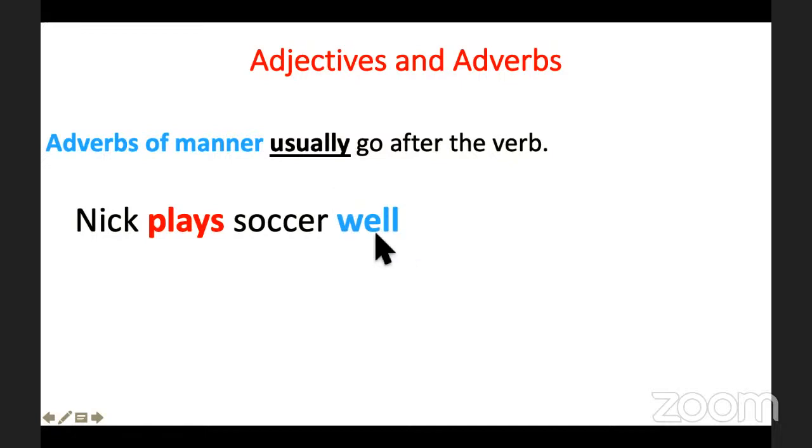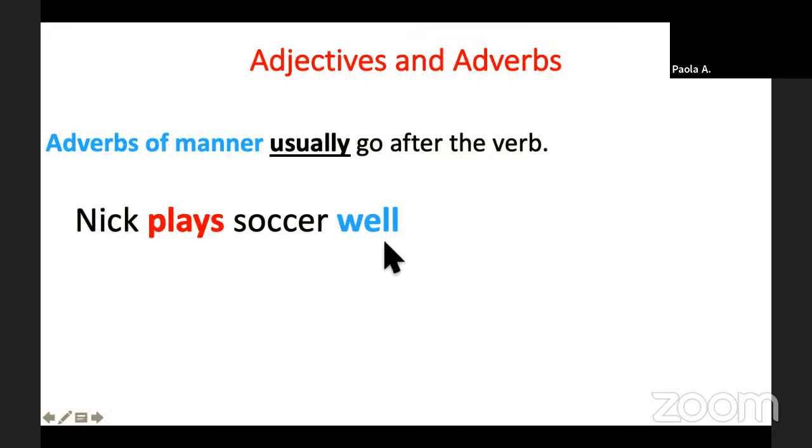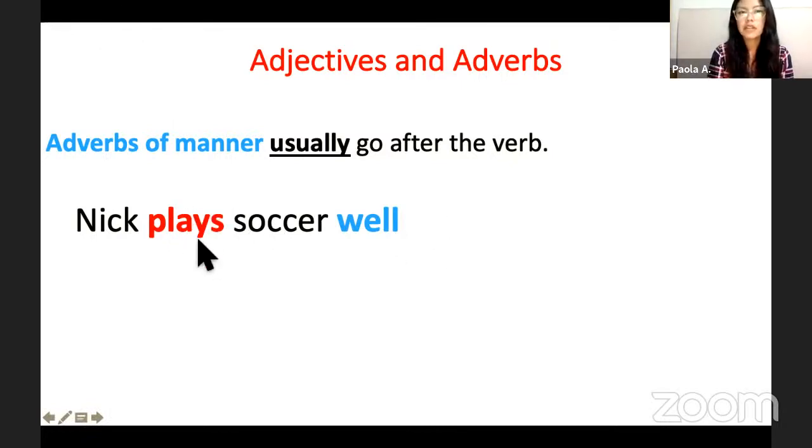Just remember that, like I mentioned before, not all of the adverbs have the ending. No, we're not going to say welly. No, it's just well. Welly is incorrect. No, we don't say it that way. All right. So, where is the verb? It's here, obviously describing something. And afterwards, it's the adverb of manner.